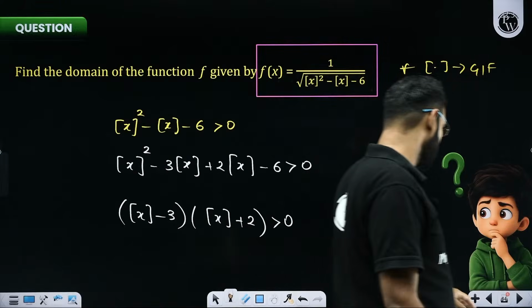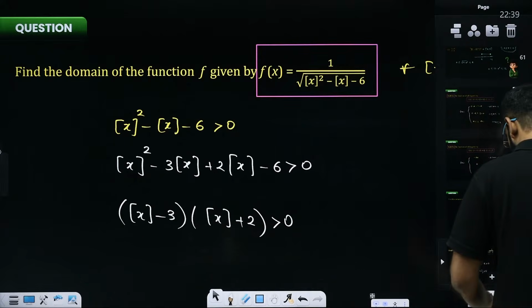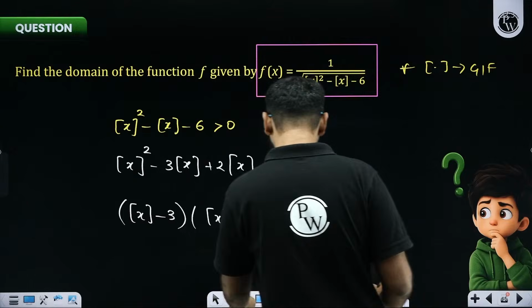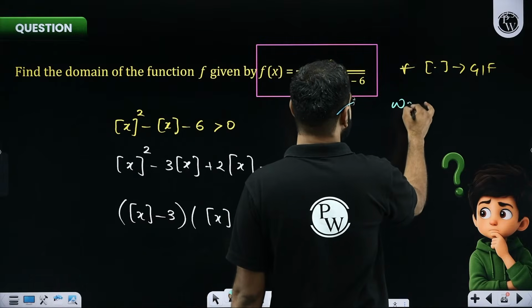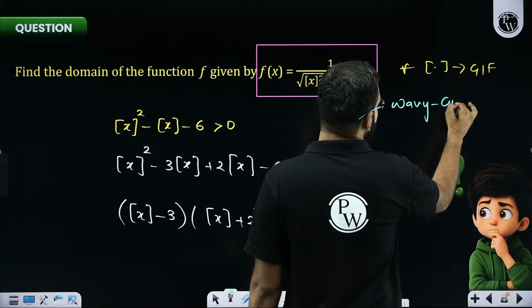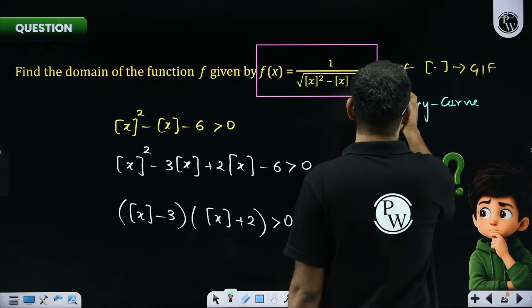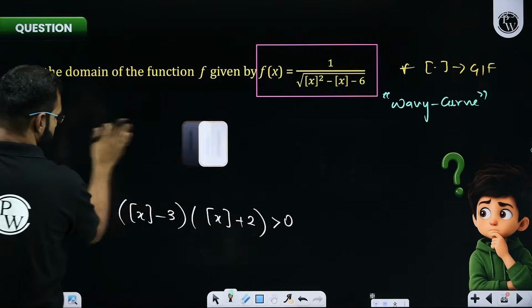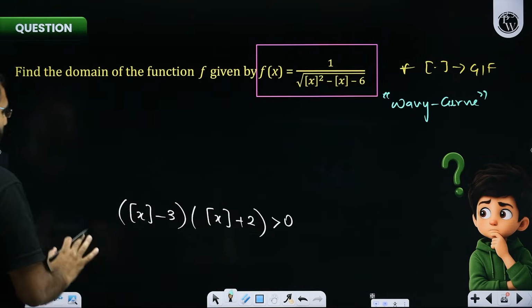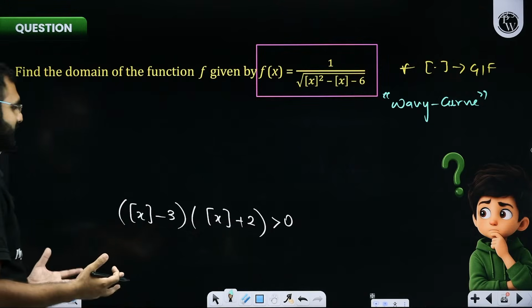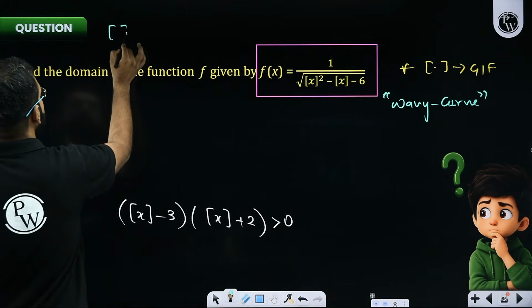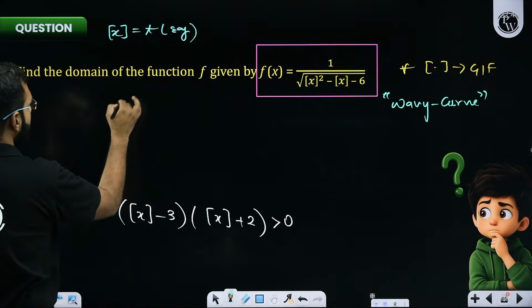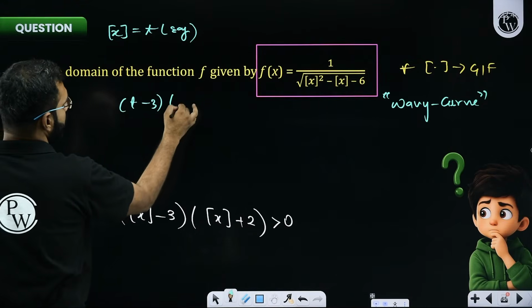Now, okay, Sarthak, that's a good observation. We'll definitely verify it. Now, can I take some liberty to use the wavy curve method? Mind you, students, it is the wavy curve method, which is a very interesting tool to solve inequalities. So here we have this thing over here. This is what I need to solve. For a while, if you are getting confused, GIF of x you can take as t. So let's say for a while, to solve it, I'm taking GIF of x as t. So this becomes t minus 3 times whole of t plus 2.